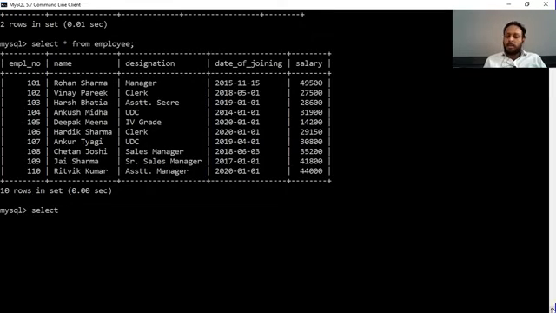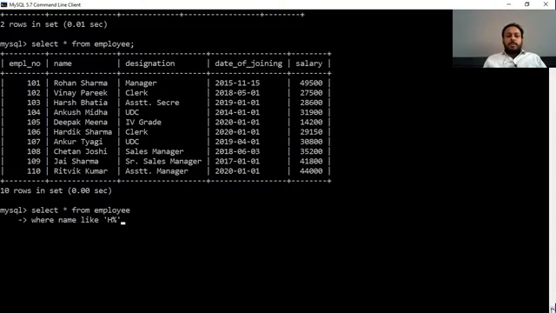Again, the select command. My question is: display all the details of the employees whose name starts with H. All the details means star from employee where name like 'H%'.